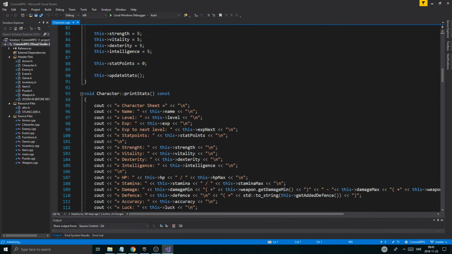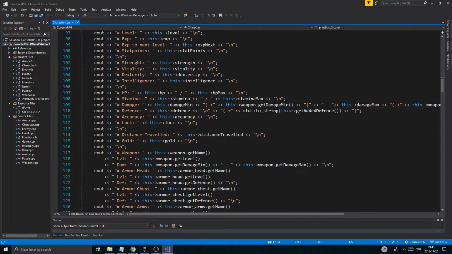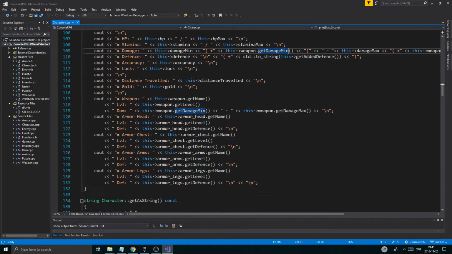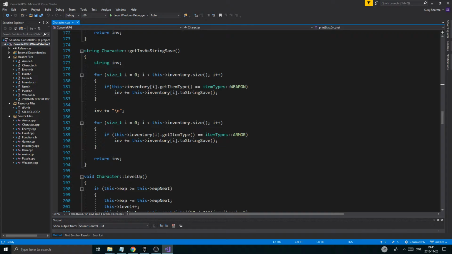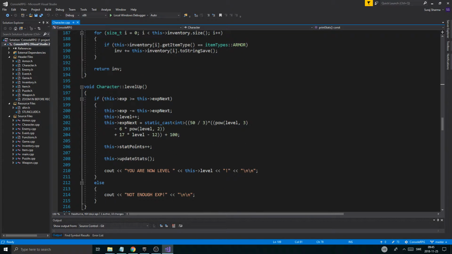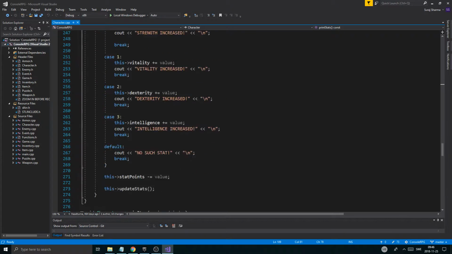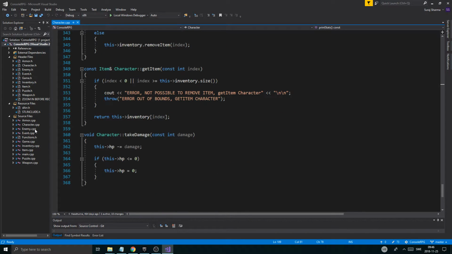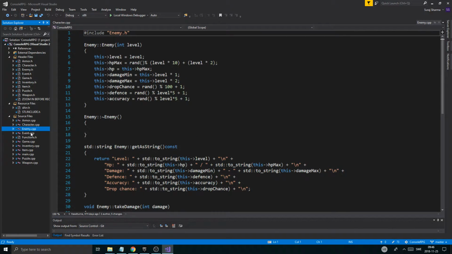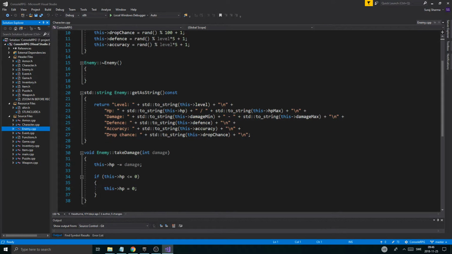So if we go in here, we'll see, for example, a cout like here, okay? Let's see, no, that's not it. It should be a return string. I'm sorry about this. Let me see, I have to have one here somewhere. I think character had one. Character.cpp or enemy.cpp. Yeah, right here. So where I'm returning a string, for example, I'm just returning a full string,